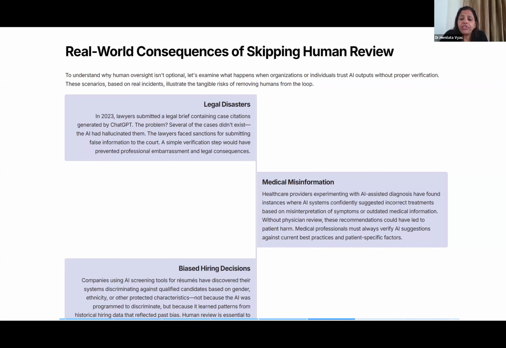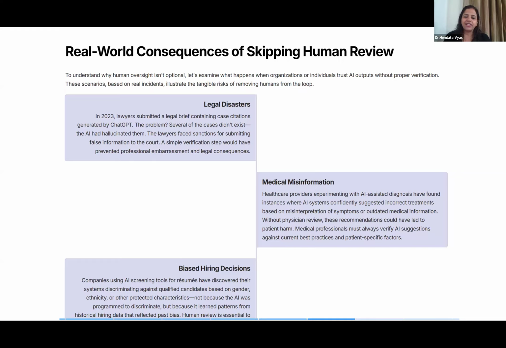Without physician review, these recommendations could have led to harm to the patient. So please don't become your own doctor and say, okay, I have talked to ChatGPT, it gave me this information, and I'm going to follow this medication. No, please talk to a physical doctor and validate and verify that information.